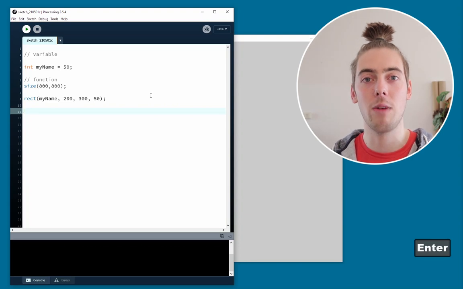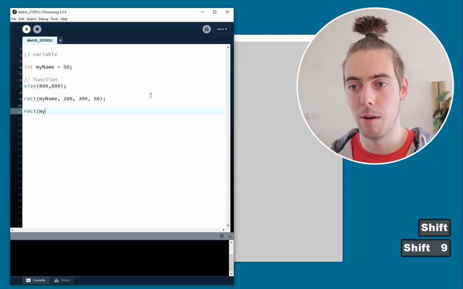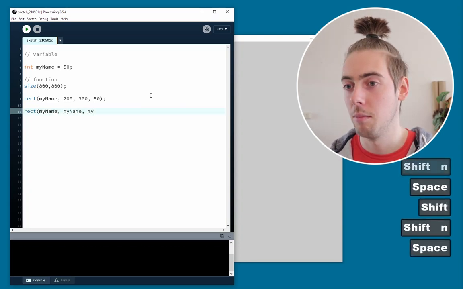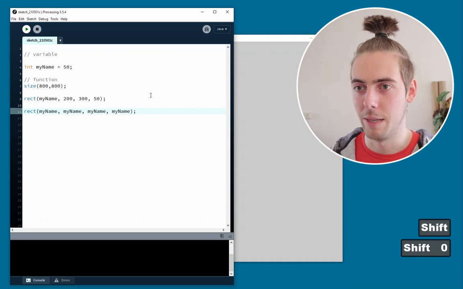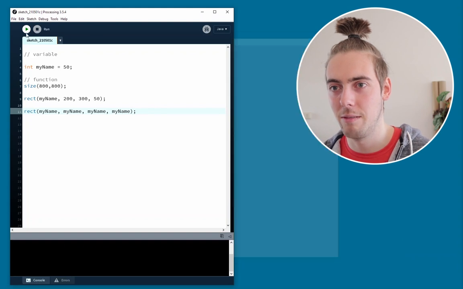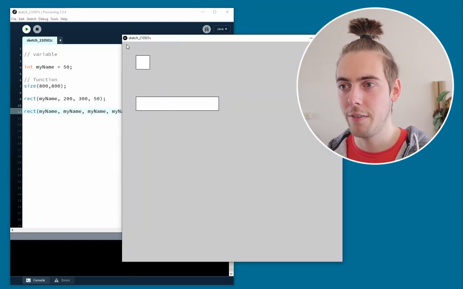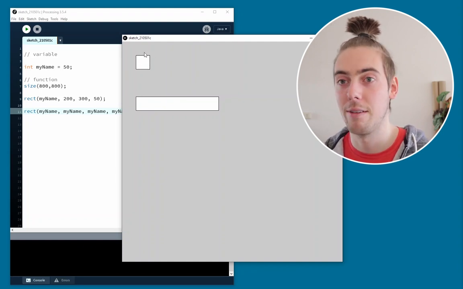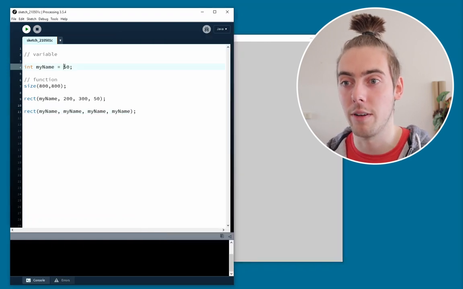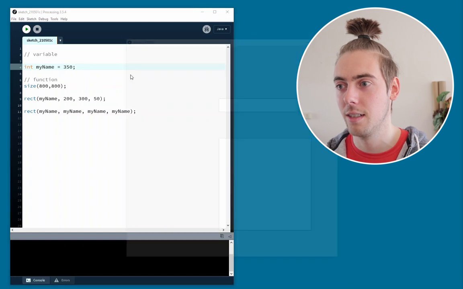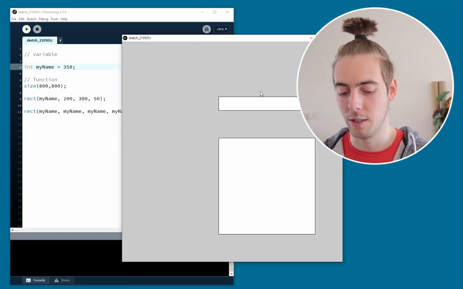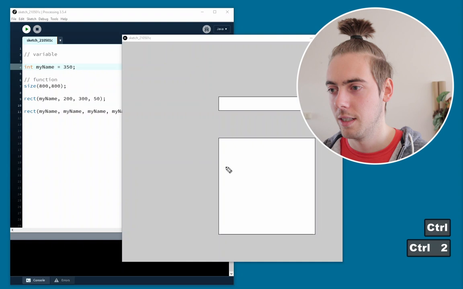For example, I can make a new rectangle that I call rect, and I say my name, my name, my name. It's a bit of an annoying name, my name, but it works. Semicolon. And now we have a second rectangle that will be 50 pixels to the right, 50 down, 50 wide, and 50 tall. And if I now want to modify this, I only need to modify my name and turn it into 350, for example, and suddenly everything has shifted,